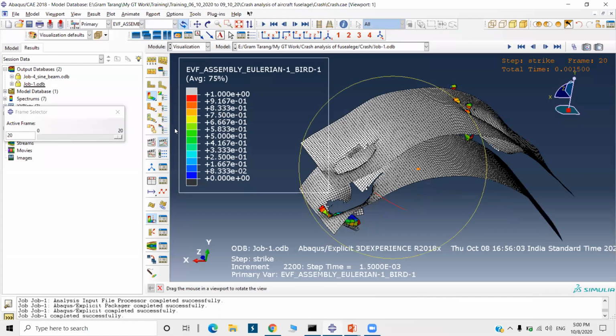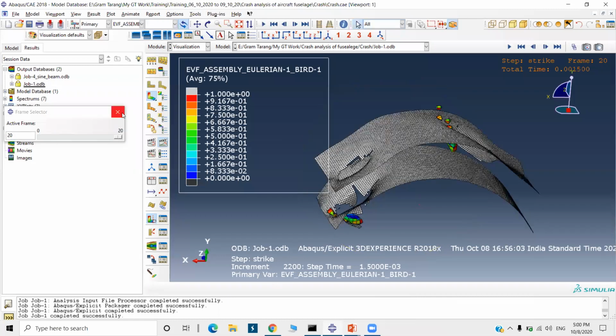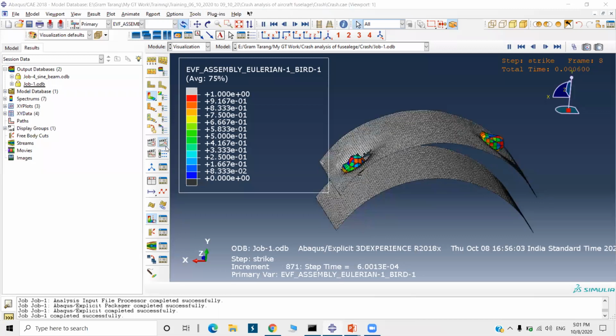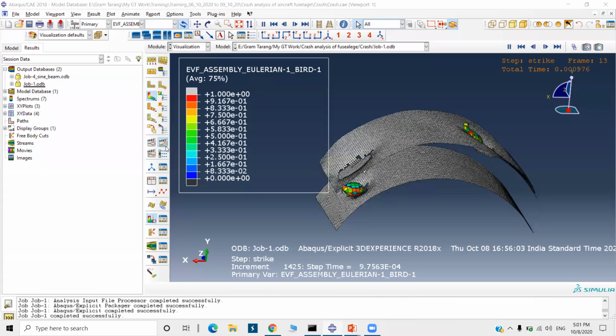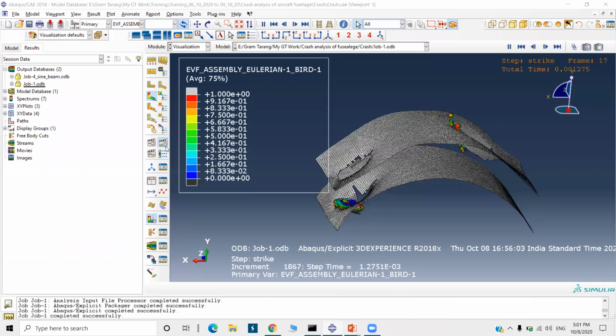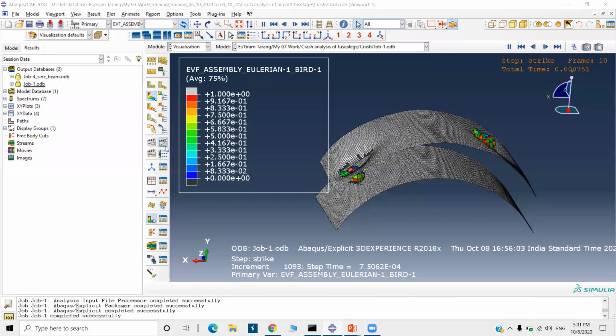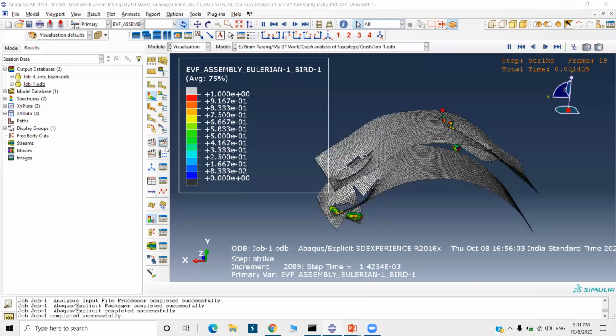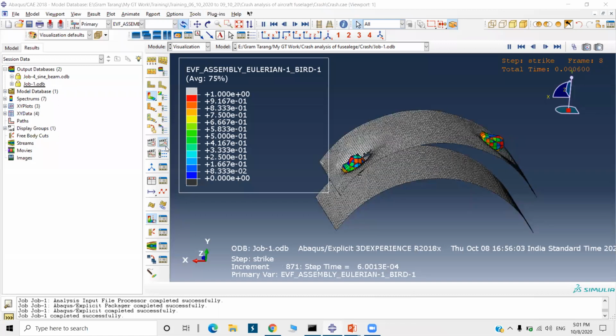The bird strike impact may cause an accident. That's why it is important to do this type of analysis. If the bird impact takes the engine, anything can happen. So any damage can happen to that aircraft.